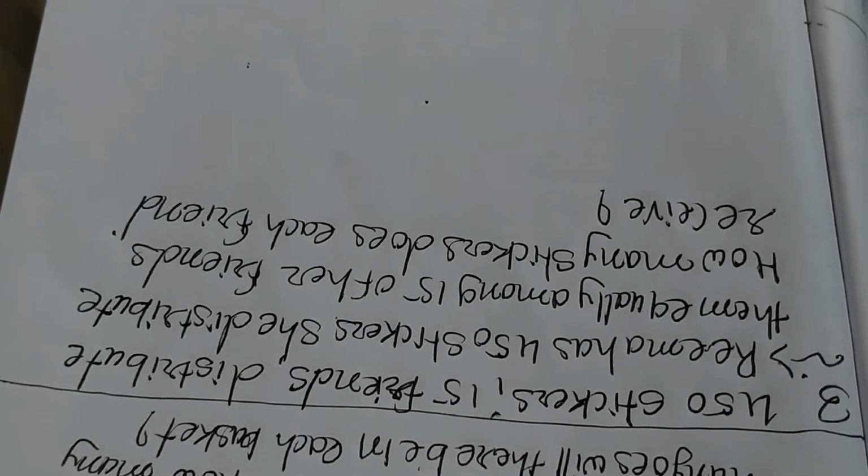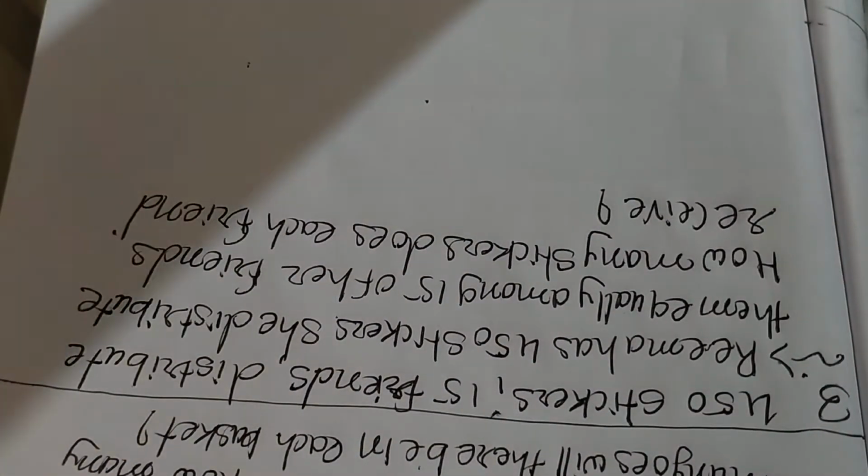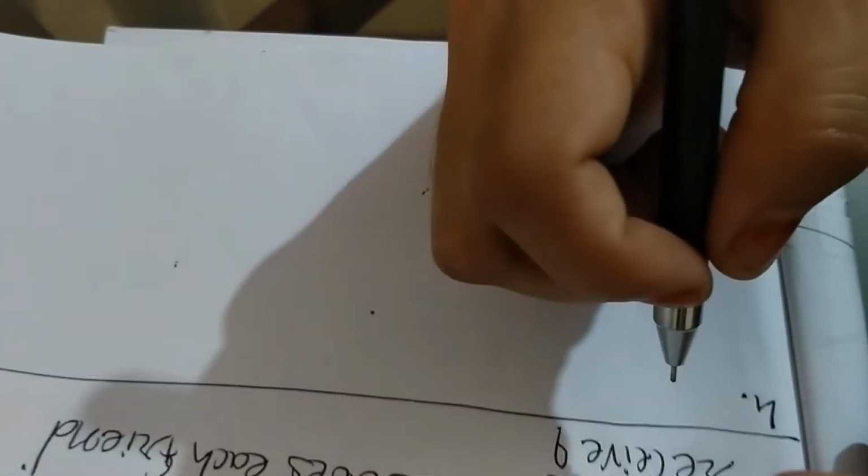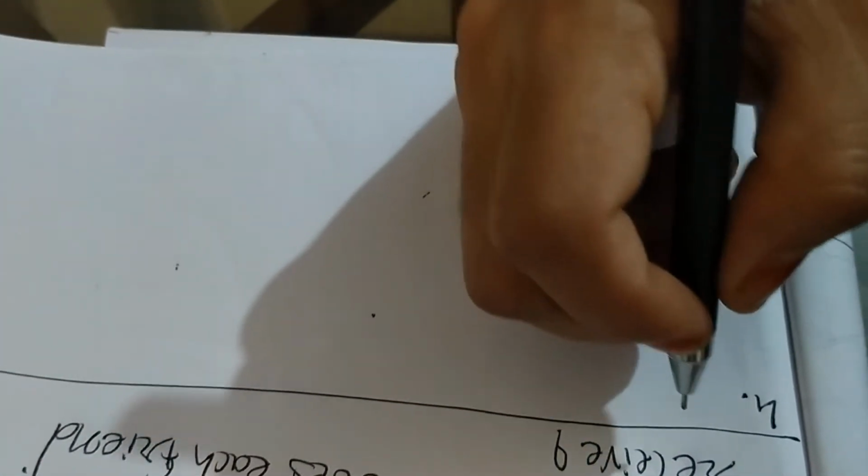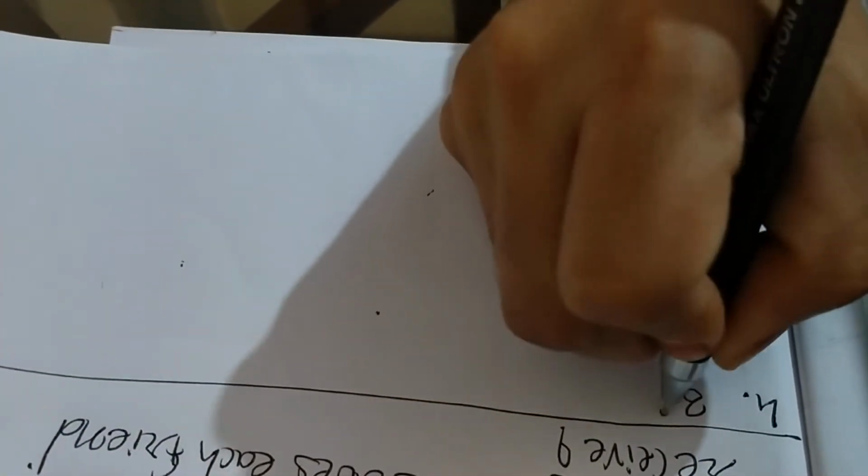Okay students, I hope your work is complete. Now we'll start the next question. So students, the next question is the fourth one, D. That question is: 315 chocolates,